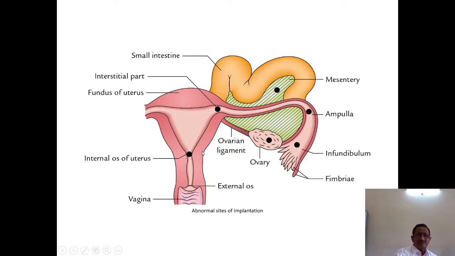this is the lower segment of the uterus. So this part is the fundus of the uterus, this part is the body of the uterus. As soon as it comes out of this tube, by this time its zona pellucida has completely dissolved. This posterior part of the body of the uterus is the ideal site of implantation of the